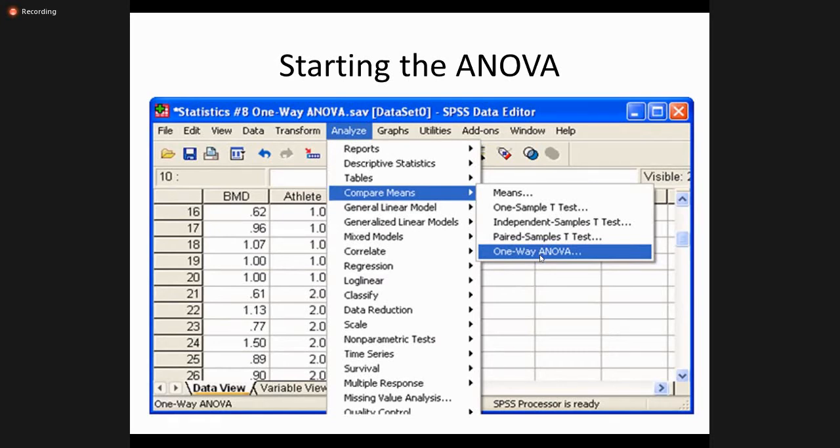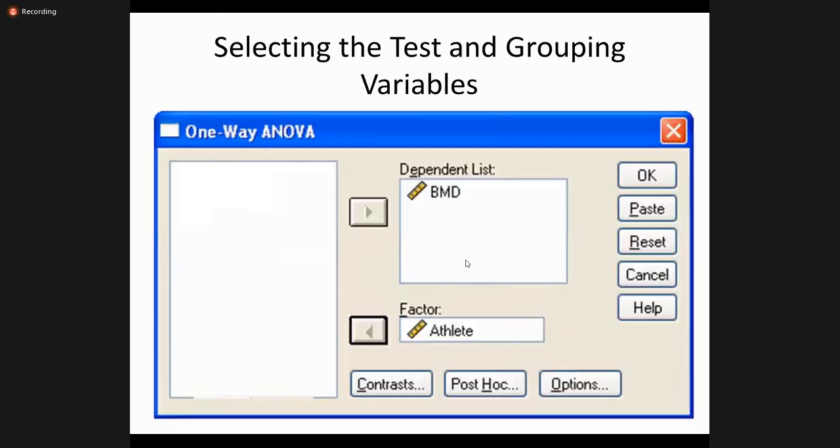This is how you perform the ANOVA testing. When you click on this, another dialog box appears, and it asks which category goes into which column. So here the dependent variable is BMD and the factor variable is athletes.